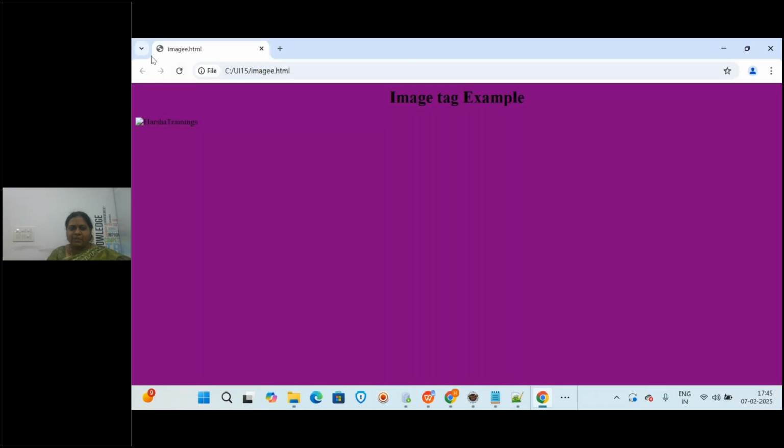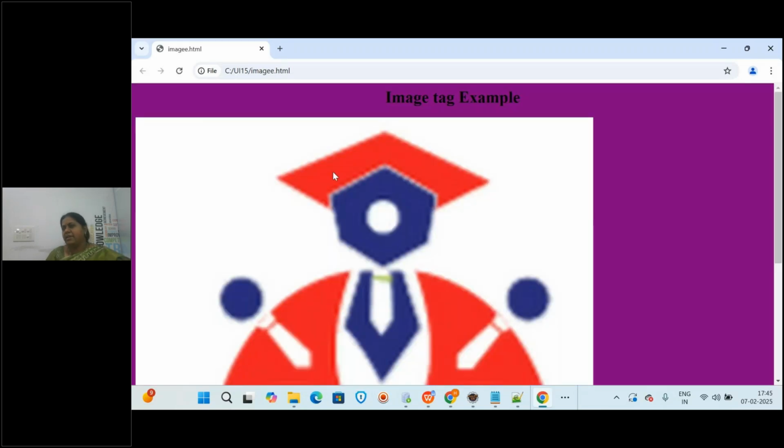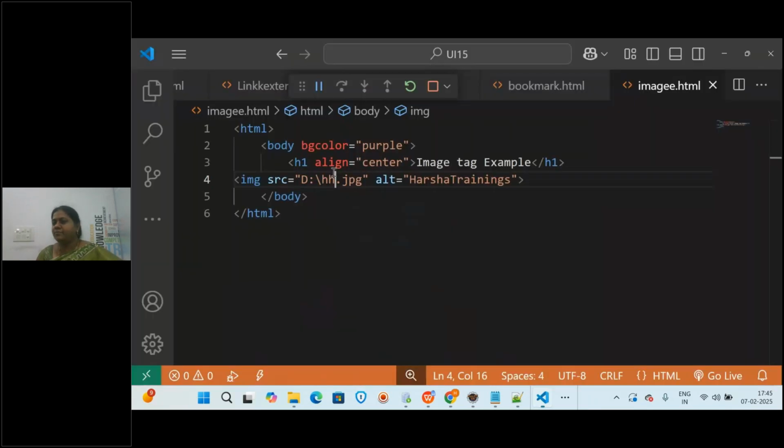No problem. But if it is wrong, then the alternative text is displayed. Previously when we applied the same image to the background, it applied for the complete page, but now it is not like this. It can be sized in a simple way, like width I'm giving as 50 pixels.